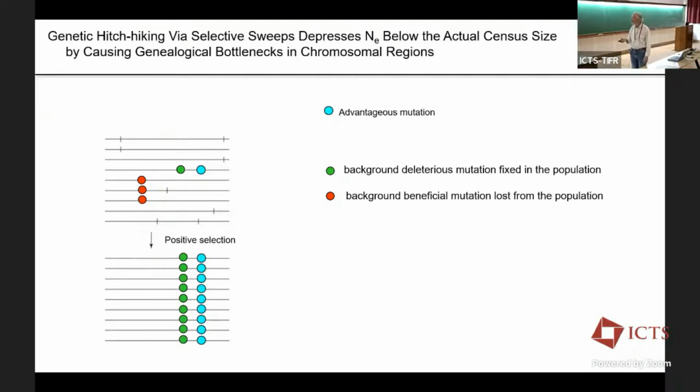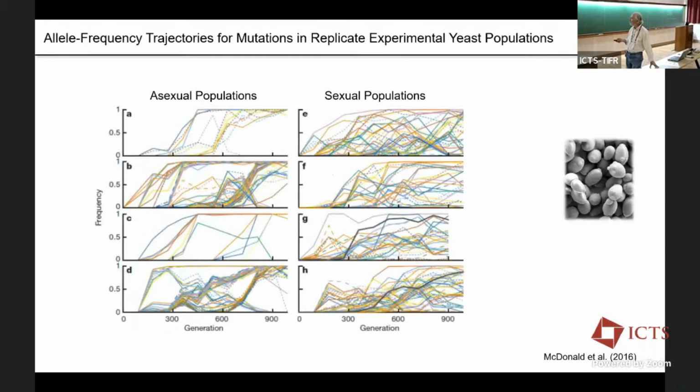So what's happened here, because of the lack of recombination in this region, is that we have fixed only one of the two beneficial mutations of this region, and we've also fixed in the process a deleterious mutation. If we had free recombination, selection could operate on each of these sites independently of each other, and we would have fixed both the beneficial mutations and lost the deleterious mutation. So that's one of the many consequences of recombination, or lack thereof, in influencing the efficiency of natural selection.